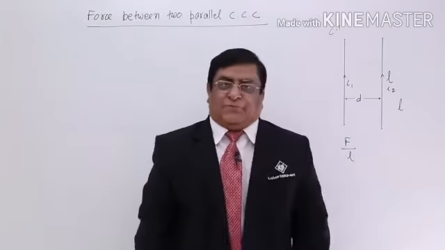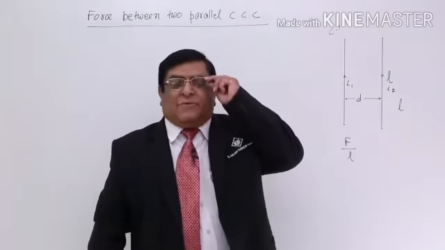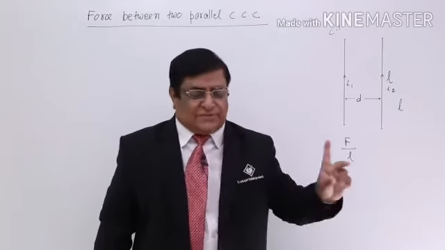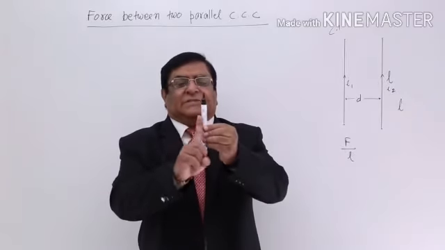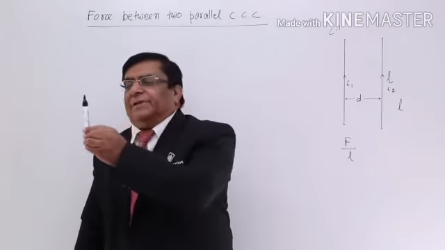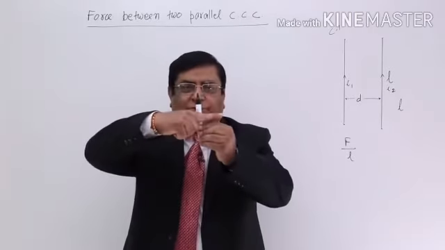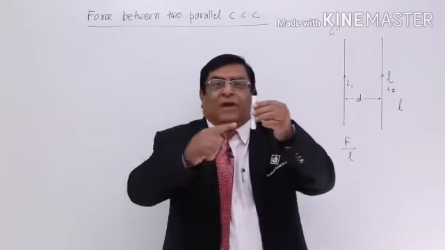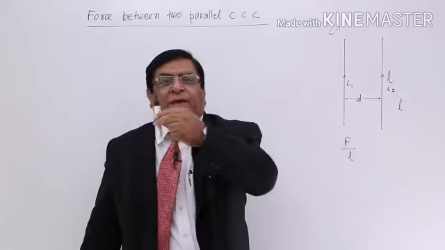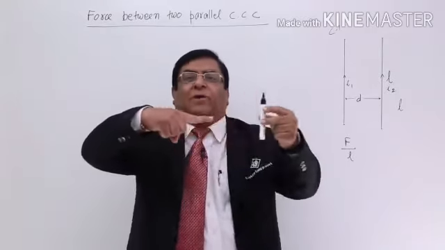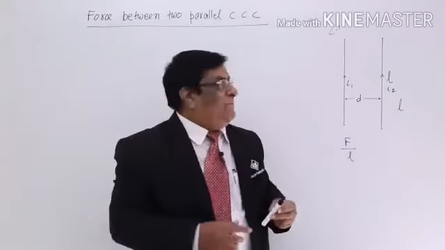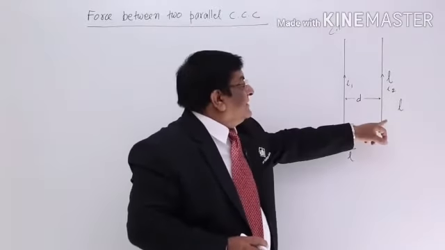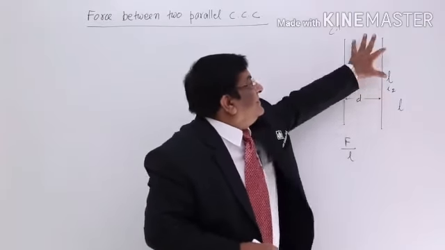Now, why should there be a force? The answer is, if a current carrying conductor is placed in a magnetic field, it experiences a force. We have just seen in the previous lecture that if this is the current carrying conductor, it experiences a force. The force is always normal to it, so the whole conductor will try to move this way. If we allow it to move, it will move either this way or this way, that is, perpendicular to its direction. Now, this is a conductor, and this is a conductor, placed in the space here.